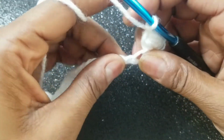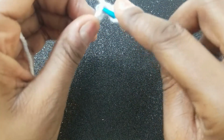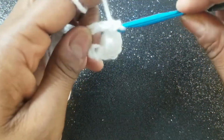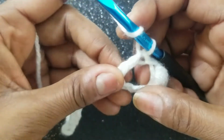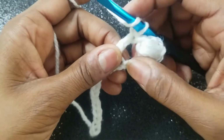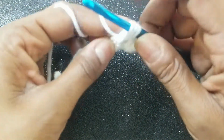All right. We're going to skip the next chain and go into the next one. After you skip one, go into that second one with another double crochet. And we're going to repeat what we just did. In this skip chain, which is in between the 2, which is here, put your hook in. You've already yarned over, put your hook in, pull the yarn up and through,